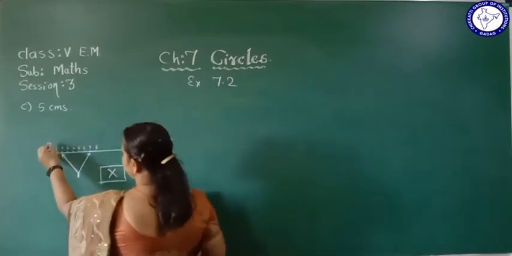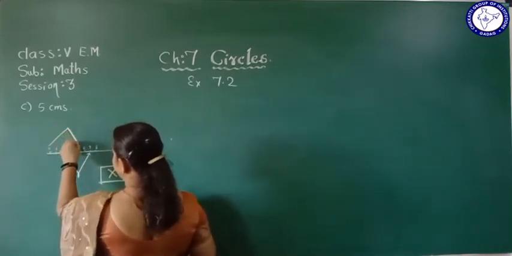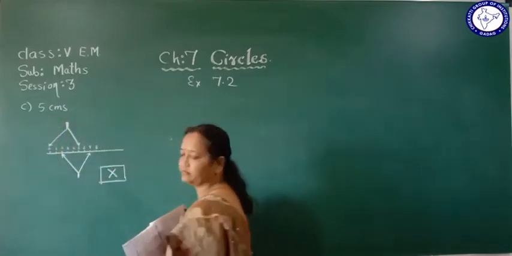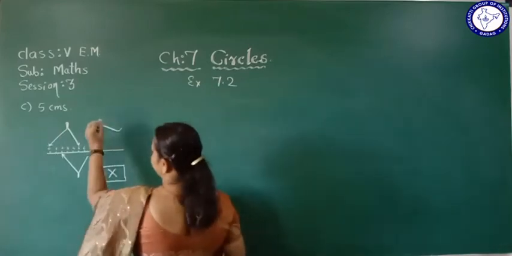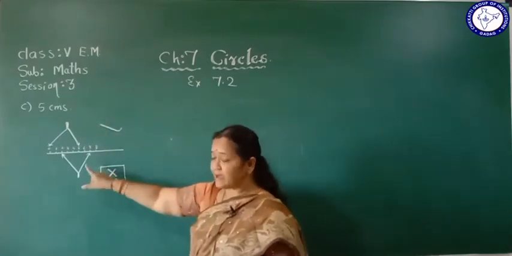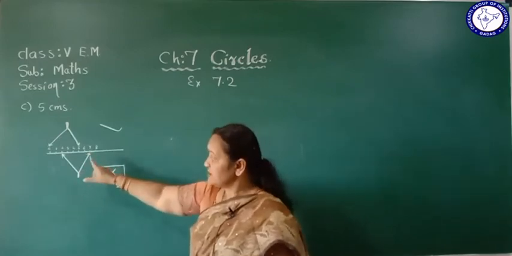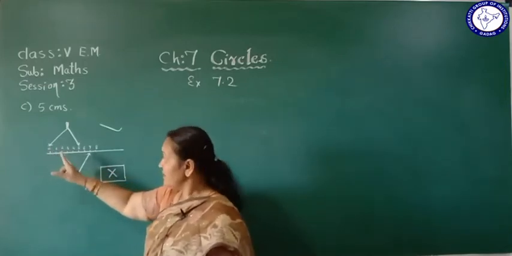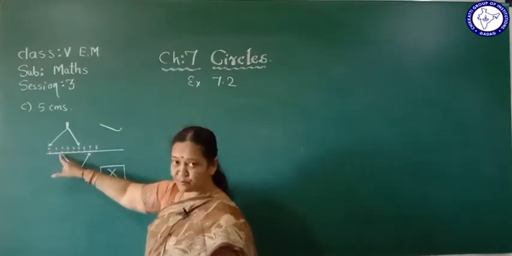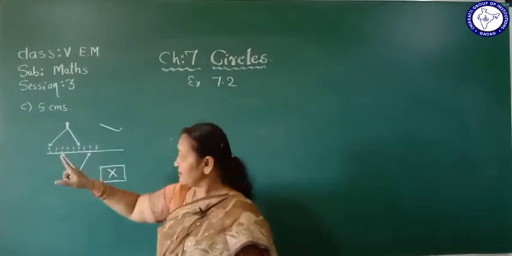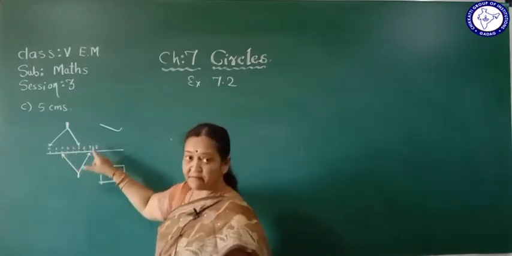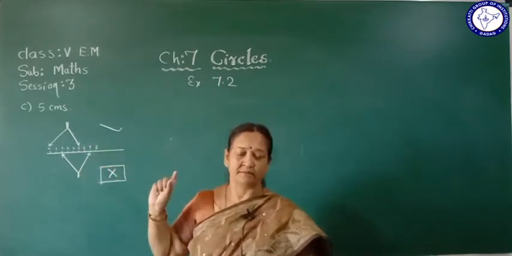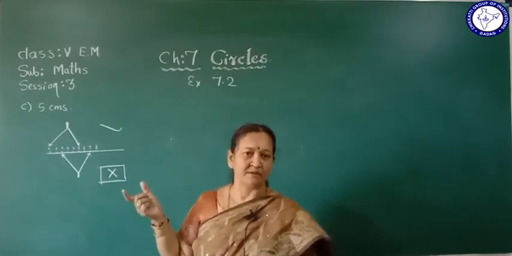Now where we should keep the compass? On 0 and till 5. So this is right. Here I am telling again, don't get confused. Measurement is correct. If a scale is broken, you can't see 0 on your scale. Then if you are keeping your compass from 2, then you should count correctly, 1, 2, 3, 4, 5 centimeter. Then only you can construct a correct circle. Otherwise your circle will be wrong.